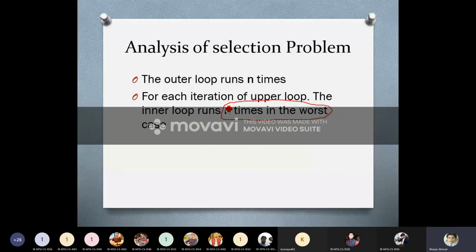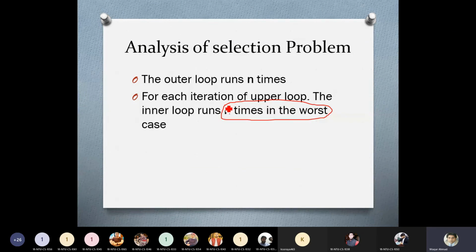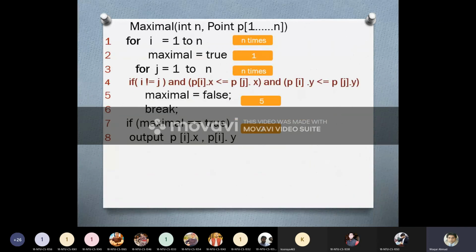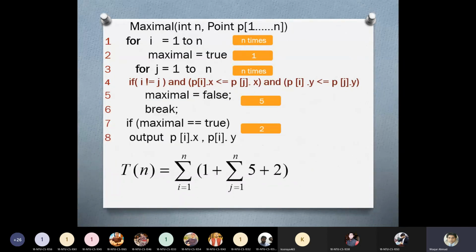Otherwise, there is a possibility that this term is replaced with a figure less than n. Because we have assumed the worst case analysis, it means that we have ignored the break statement and assumed that this inner loop will also be executed n times.